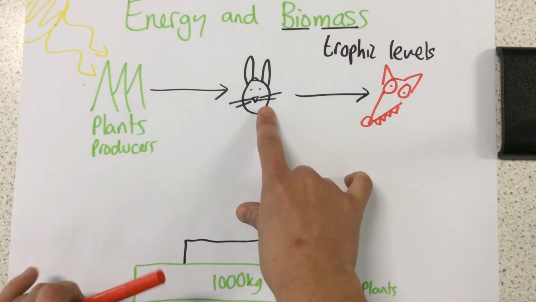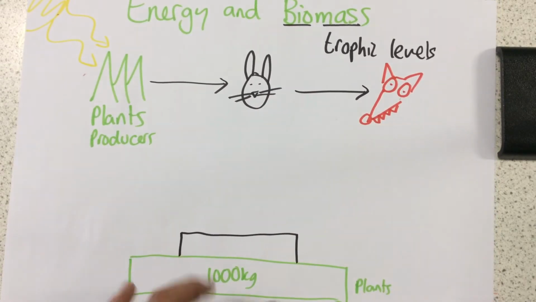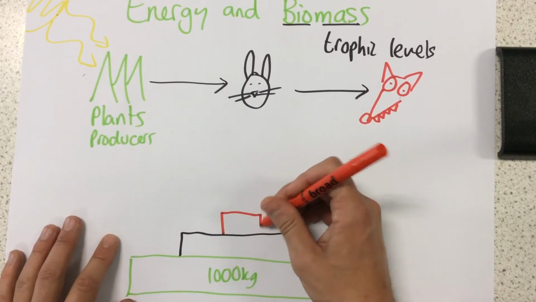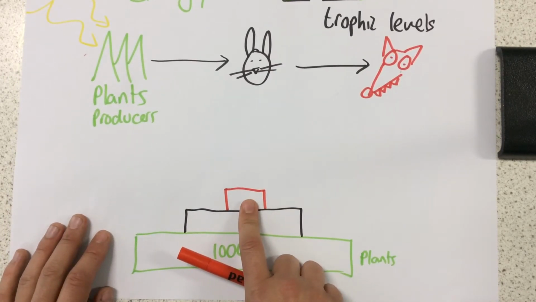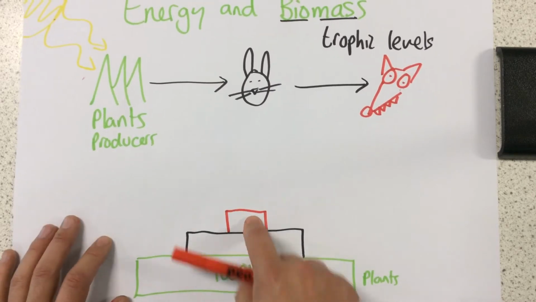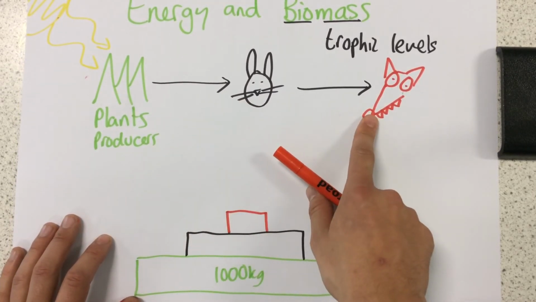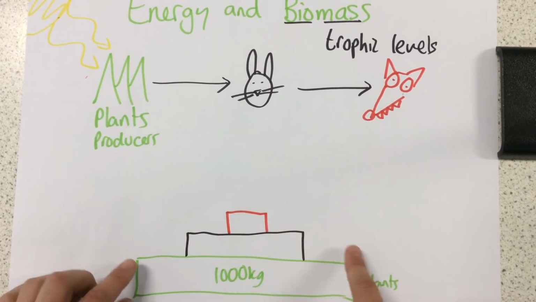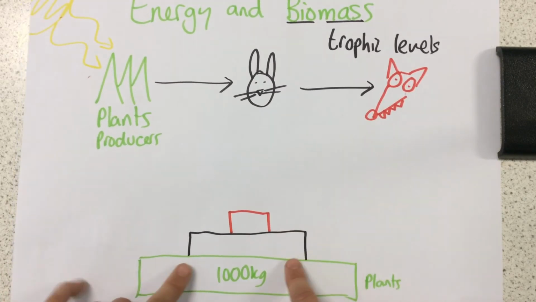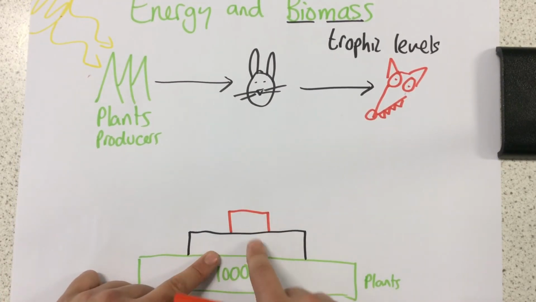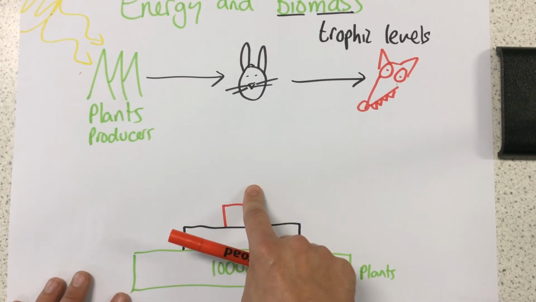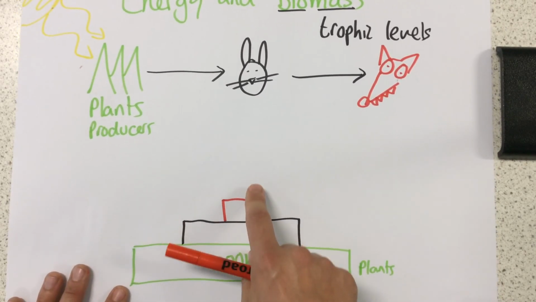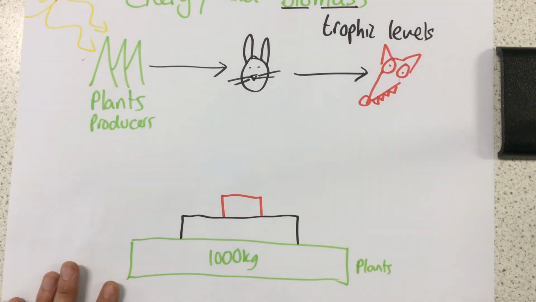Similarly, when we transfer the energy from the rabbit to the fox on a higher trophic level, we've again got a lower mass. Again, because energy is lost at this stage. So if energy wasn't lost, we wouldn't necessarily have to have less mass each time. But because energy is lost, the higher up we go, so the higher trophic levels, will have a smaller mass.